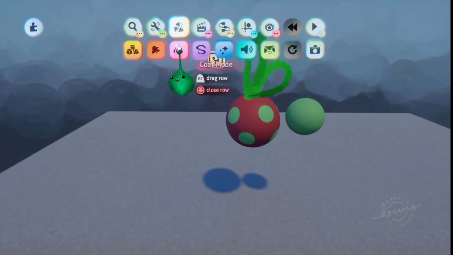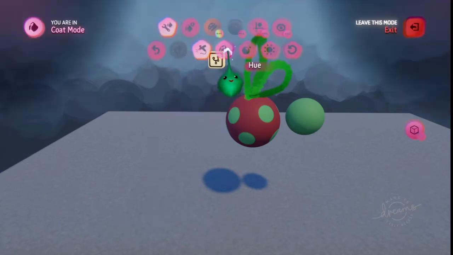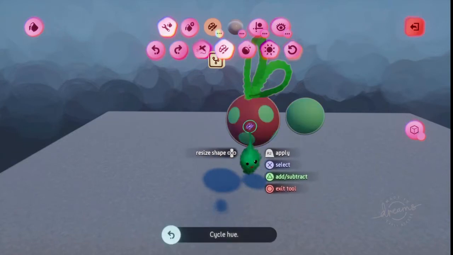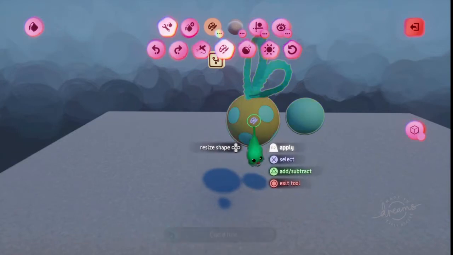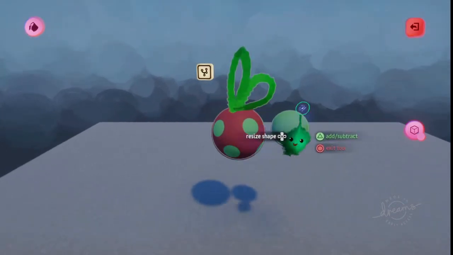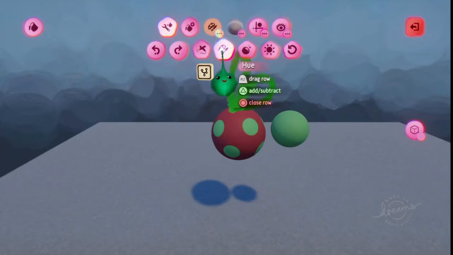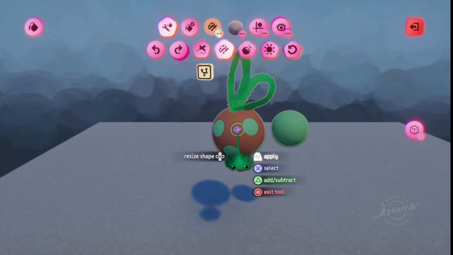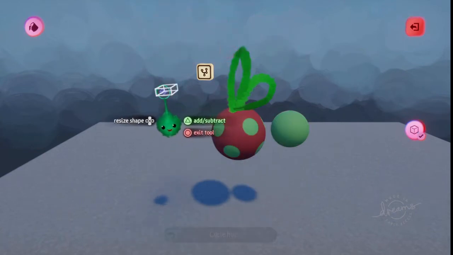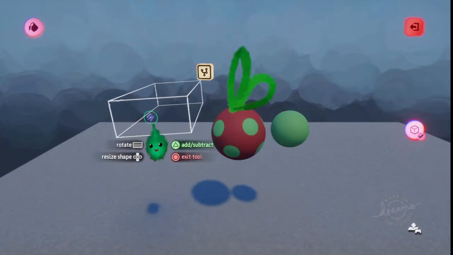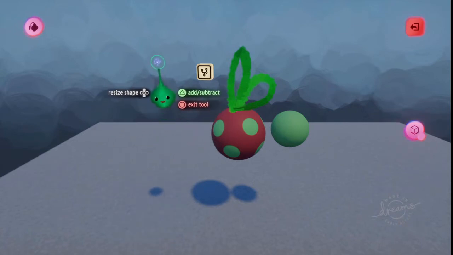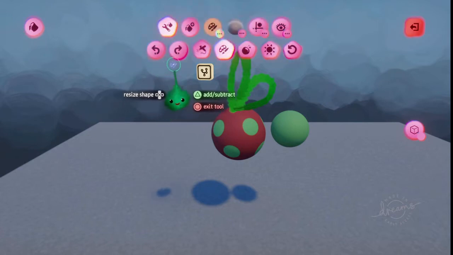You can use coat mode, hue, and then you should just be able to use that hue tool on the whole group, and then it shifts it. If that's not working, I was playing with this earlier and it wasn't working for whatever reason. If you use the up and down, it says resize shape, which is really confusing, but what it does is